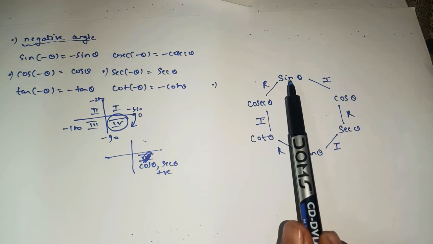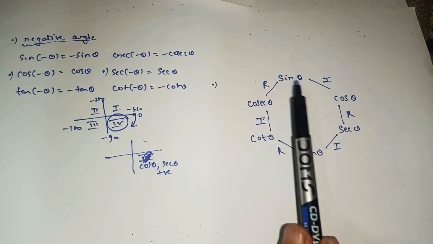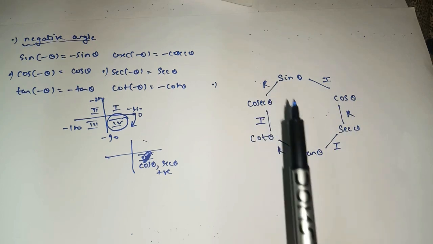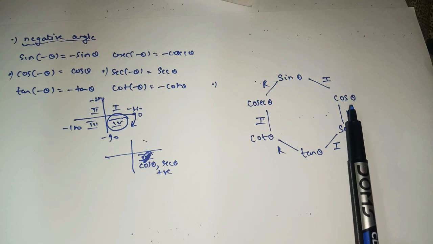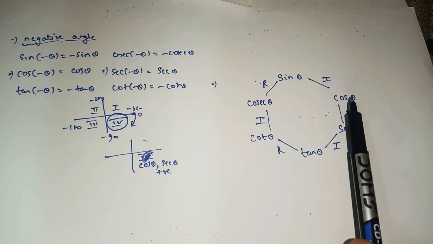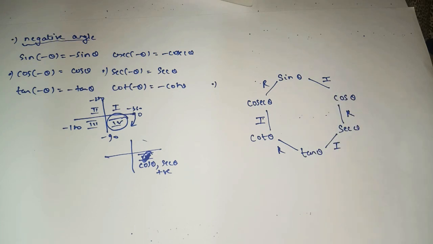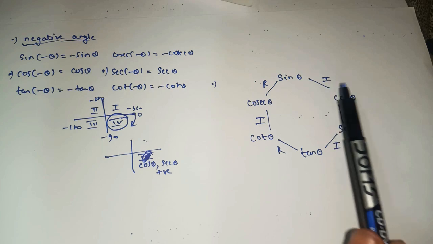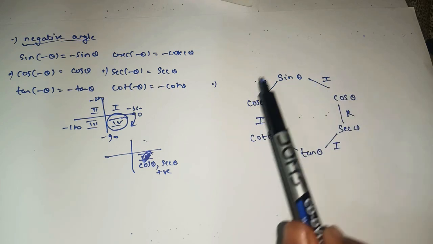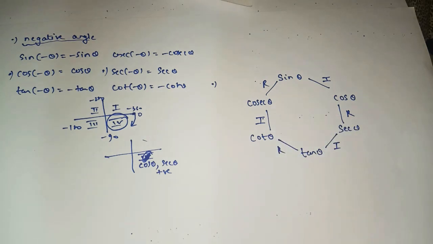With the help of sine, we can find cos and cosec. The relation between sine and cos is the identity formula, and the relation between sine and cosec is the reciprocal formula. With the help of cos, we can find two things: one is sine and one is sec. The relation between sine and cos is identity, and between cos and sec is reciprocal. Here I stands for identity, R stands for reciprocal. Just remember this web chain. With the help of this, you can find your answer.